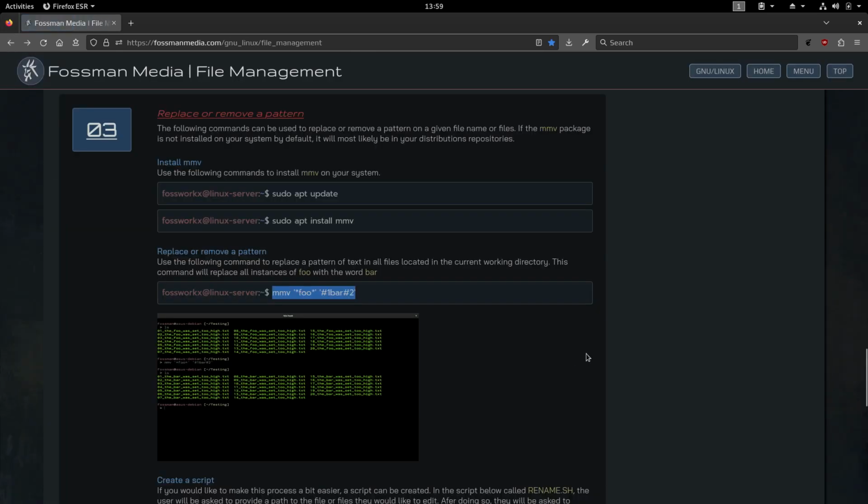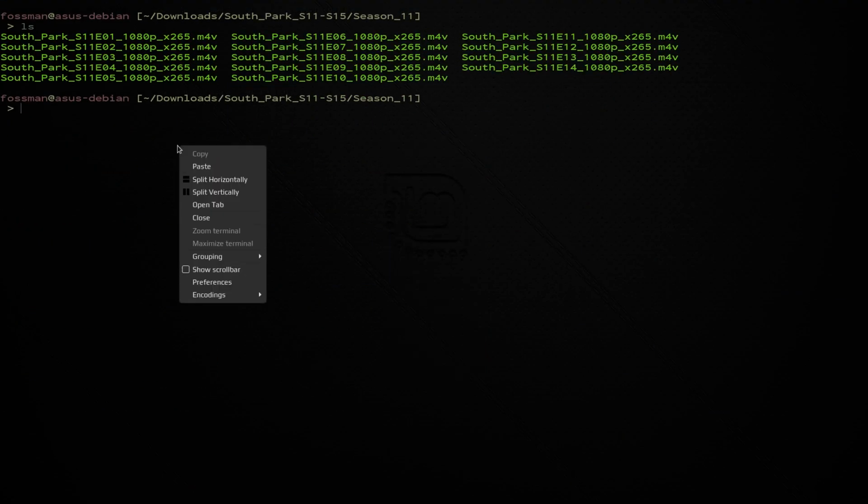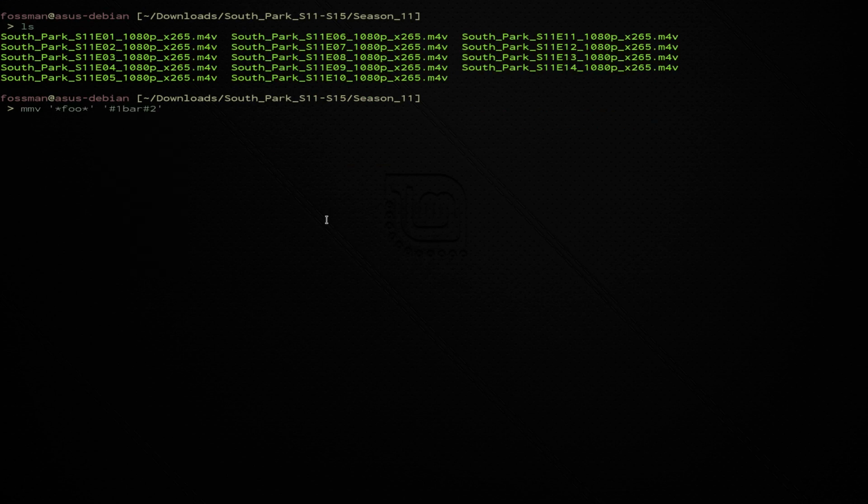So if I just go back here, I'll copy this command and then go back to the terminal and paste it in. Now all we need to do is change the word foo here with whatever pattern inside of these file names we want to replace. And then where it says bar, we type in whatever we want to change it to. I think what I'll do now is just copy this right here, because all I want to do is be left with the season and episode number. So I want to get rid of this and I want to get rid of that. So I'm just going to copy that